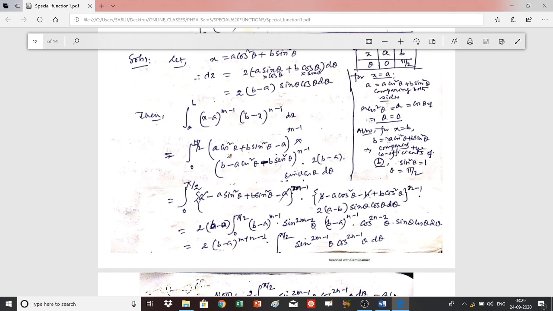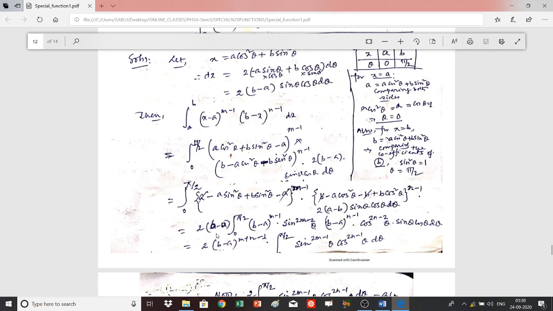And just simplify. You write cos square theta as 1 minus sin square theta, and this term will actually provide you minus a sin square theta. Then these two terms are written here, to the power m minus 1, and then b, and the first two terms are written as usual as it was in this expression, so (b - a) cos square theta, and then write sin square theta as 1 minus cos square theta, and that will give you minus b plus b cos square theta, then 2 into (b - a) sin theta cos theta d theta, and that is equal to, write this term outside this integration.